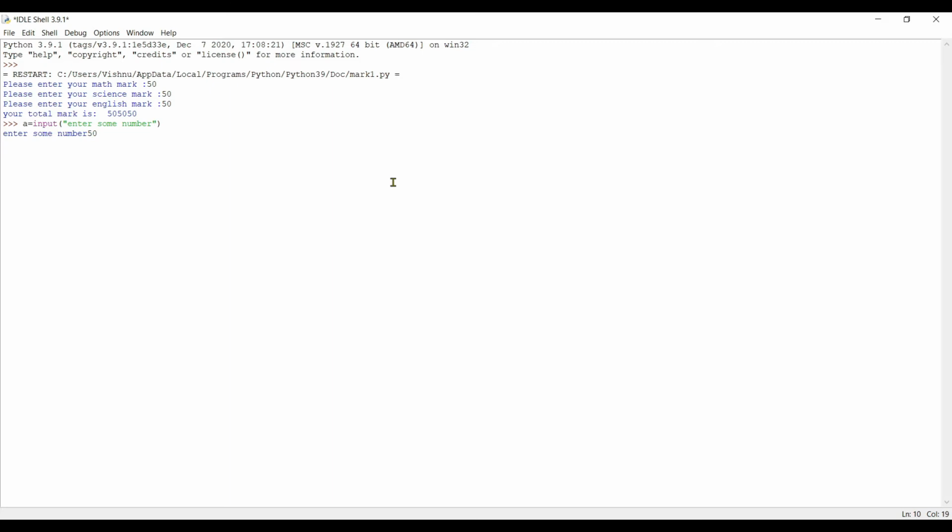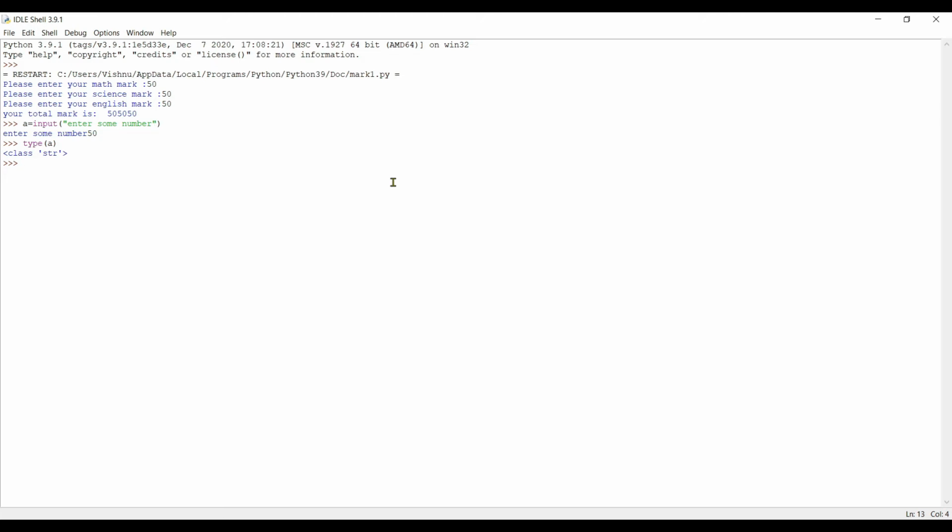I'm entering 50. Okay. Now let's check the type of a. It is string, but I told you all the whole numbers are called integers, right? In this case 50 is a whole number, it must be an integer, right? But why is the type function telling it is string? Because whenever you pass any value inside the input function, it will be converted into a string value.